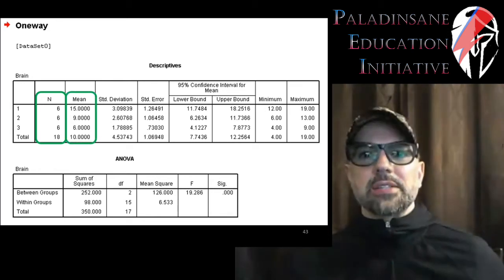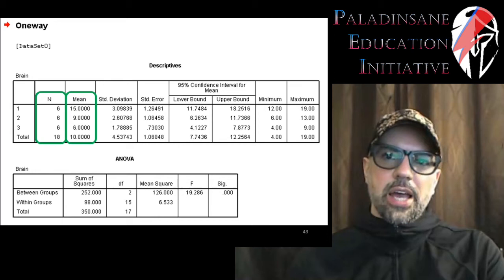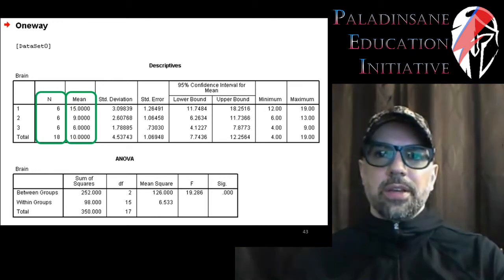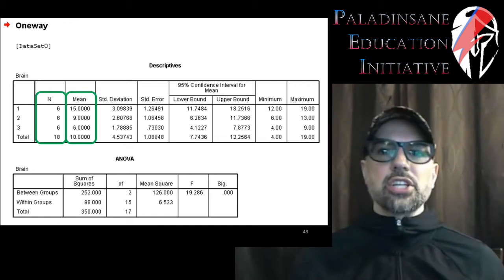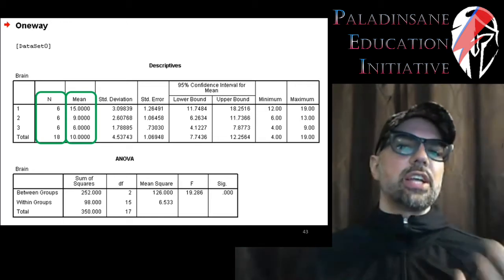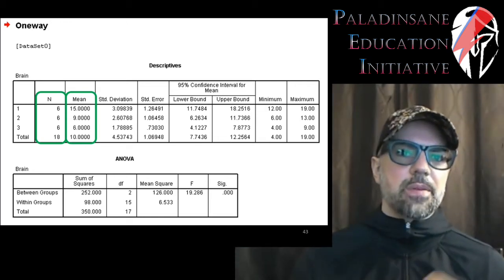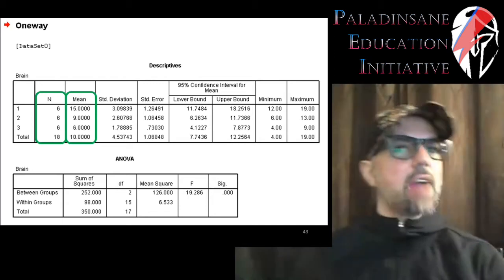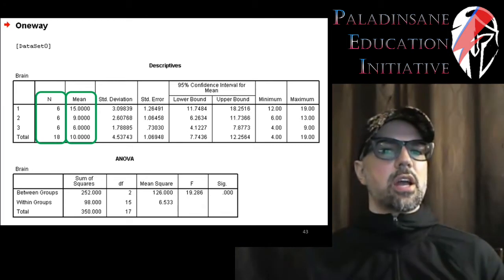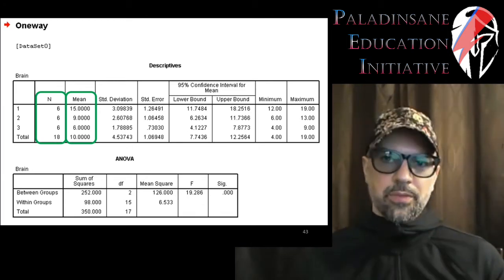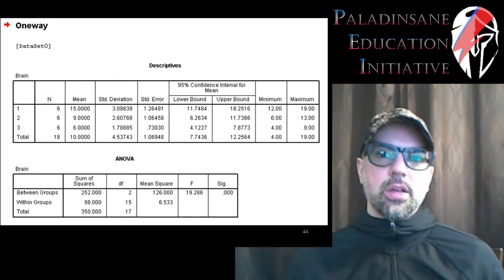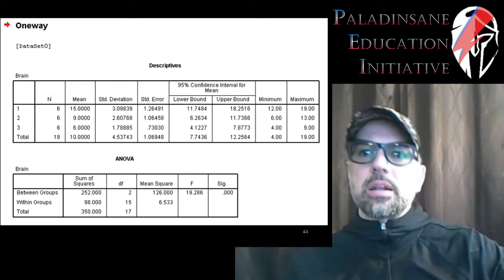Double check number 2, it has the means that SPSS has calculated for each group. And we double check that against what we have in Excel. All the means match. That gives us confidence that we entered in the data correctly. That gives us confidence that we didn't have a slip of the finger that is going to make everything else come out incorrect. Gives us the confidence that we have to proceed with our analysis. All right, so now that we have that confidence, we're ready to take a look at the bottom table, which